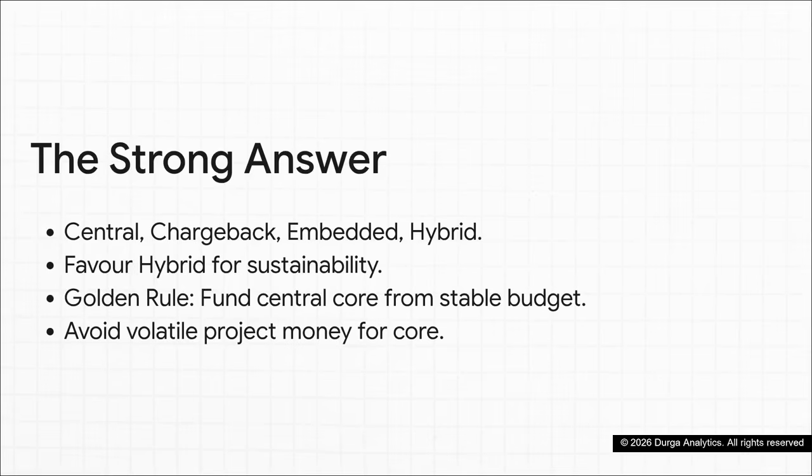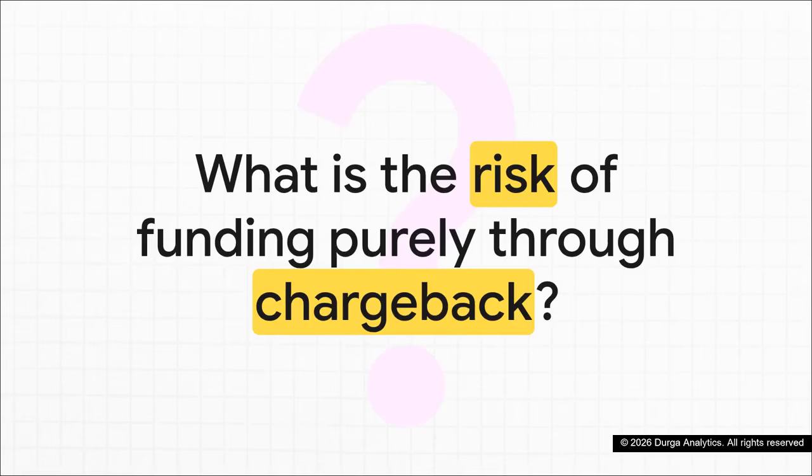But immediately, and this is the kicker, you emphasize the golden rule. You tell them you will absolutely fund the central core from a stable budget to avoid volatile project money wiping out the program during a downturn. Boom, nailed it. Next scenario, you are interviewing at a highly regulated retail bank, and they hit you with, what